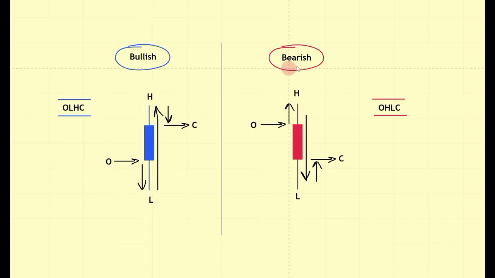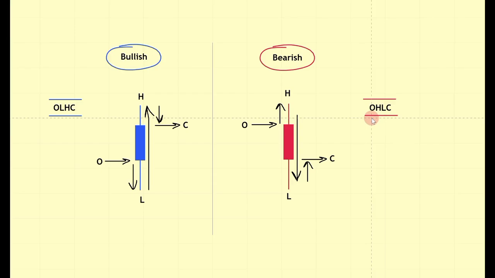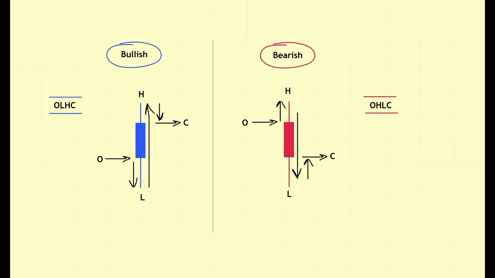And on a bearish candle, it's actually the opposite. Price opens, heads higher, rejects the higher prices, all the way to the lowest price reached, and then reverses back to where it eventually closes. And that explains the reason OHLC. Okay, so now that we have a full grasp of how these candles are created,